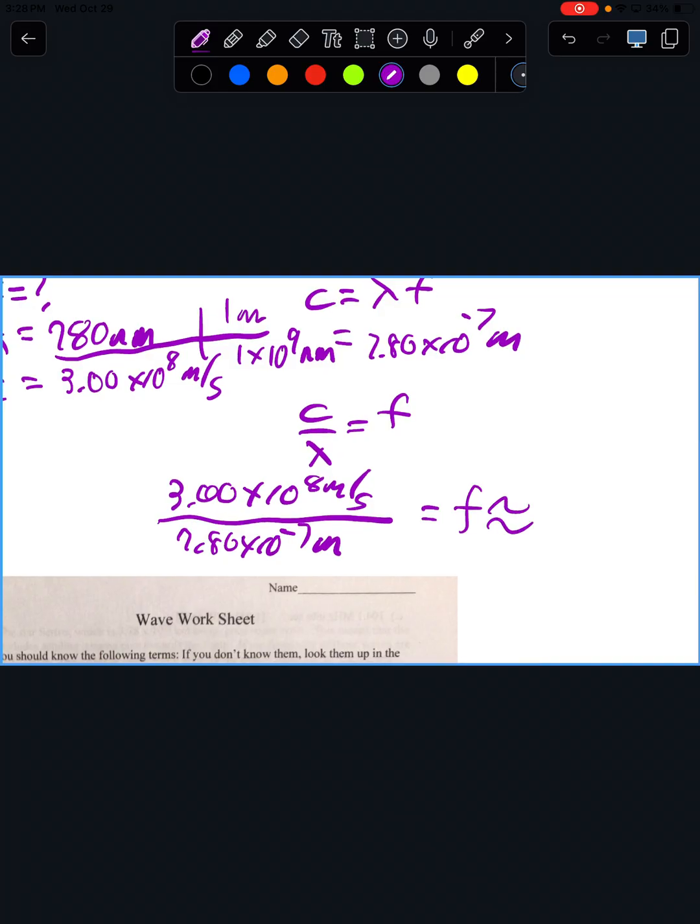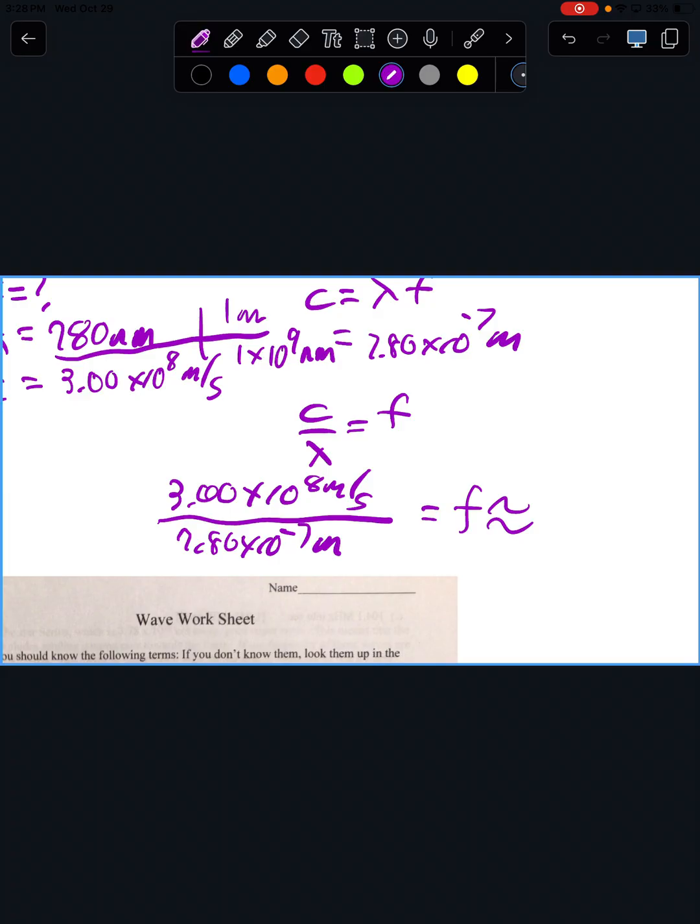I think this is the hardest part conceptually. Is that negative 7? Yep. Can you tell me what the bottom one is? Meters. No, like, what is it? Is it 7.8? 7.80 times 10 negative 7. Now, don't just write down what the calculator tells you. Think about it, okay? So, 10 to the 8th divided by 10 to the negative 7.